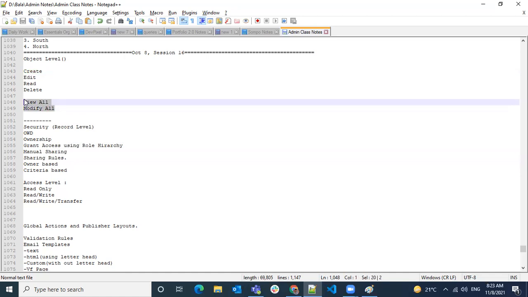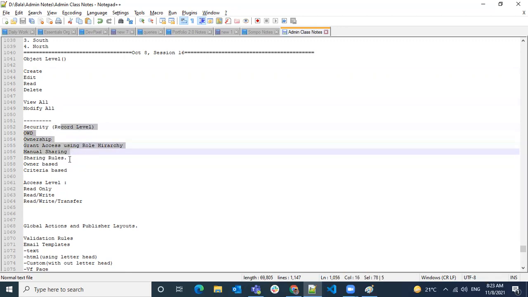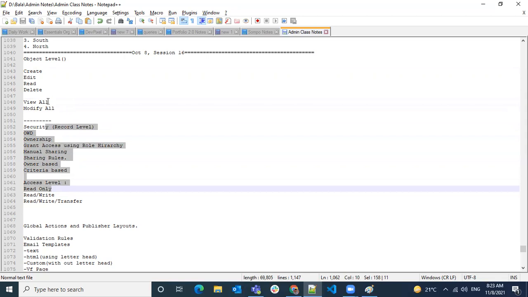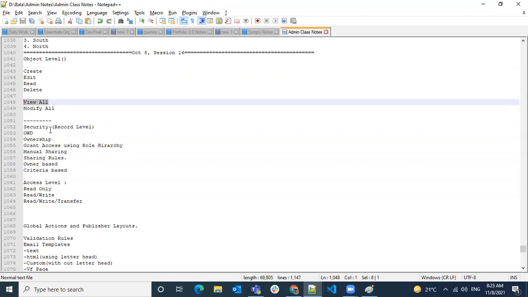Next, view all, modify all. These two are going to override everything, even though you have different record level permissions. When you choose view all or modify all, it's going to override all your record level security. When you give view all and you're restricting the record level access for this particular user or profile users, it's not going to apply.